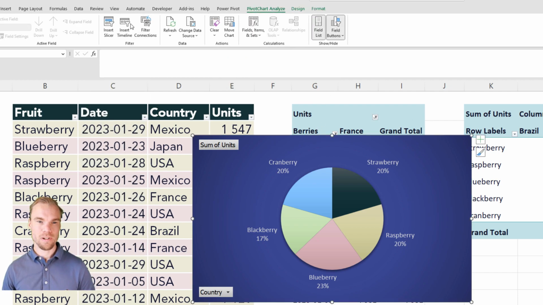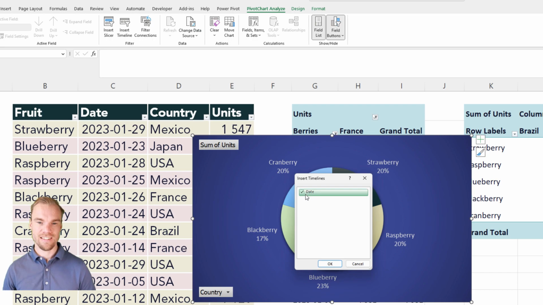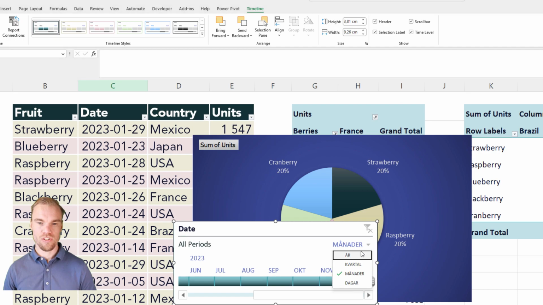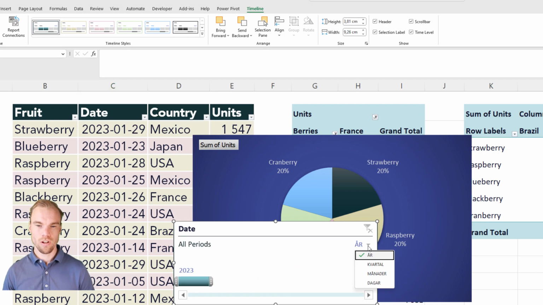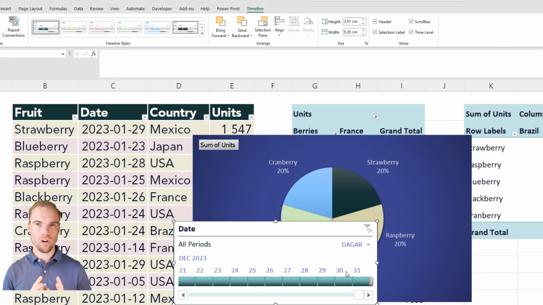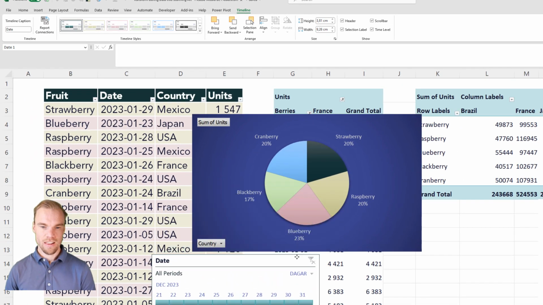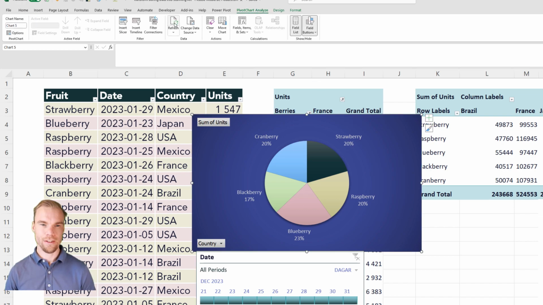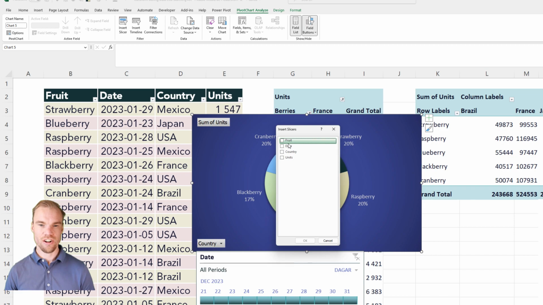Let's go up here again, insert a timeline. Yes, it's our dates up here. Here we will have a timeline. You can see it's now months. That's månader in Swedish. We have years, quarter, months, and days. So you could change this if you want to have, for example, years or days or whatever time frame you want. Let's have it like days, and we go back, go to Pivot Chart Analyze, insert the slicer,